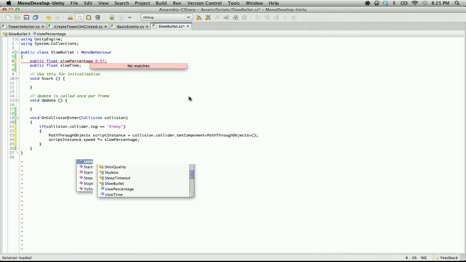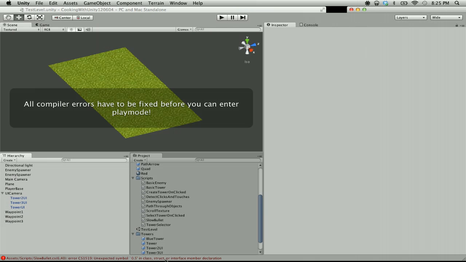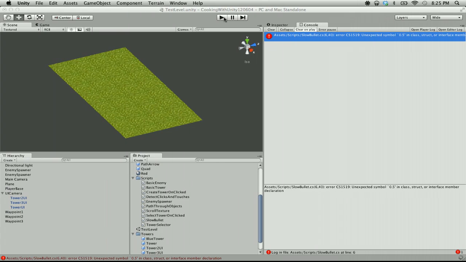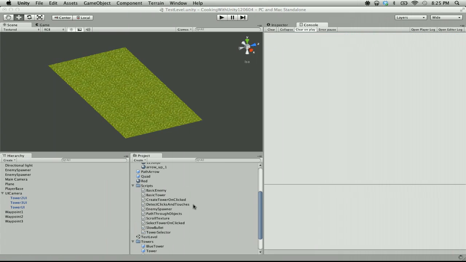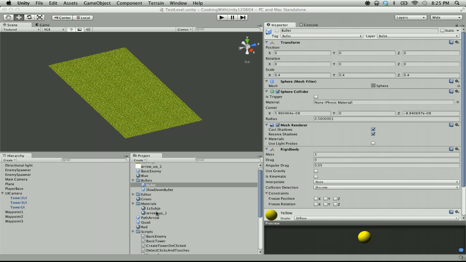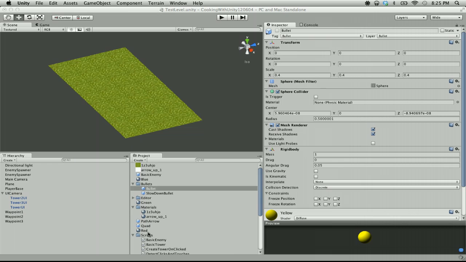Alright, so let's see how this works first. So, unexpected symbol. Oh, you actually have an equals here. So, what we're going to do is we're going to attach slow bullet to our slow down bullet here. I'm going to make our bullets green, just so that they are the same color as the towers that are spawning them. It's not going to look great from an art perspective, but so